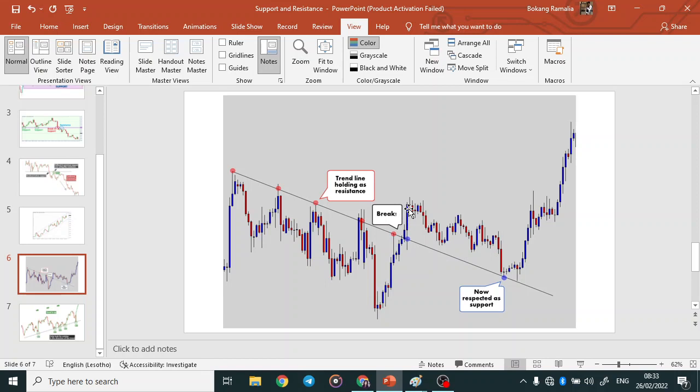After it breaks, as you can see, it spends some time without coming back to this level, but eventually we have indecisive or rejection candlesticks indicating that the market now wants to turn this trending resistance into support level. And after that, you enter this market with a buy trade